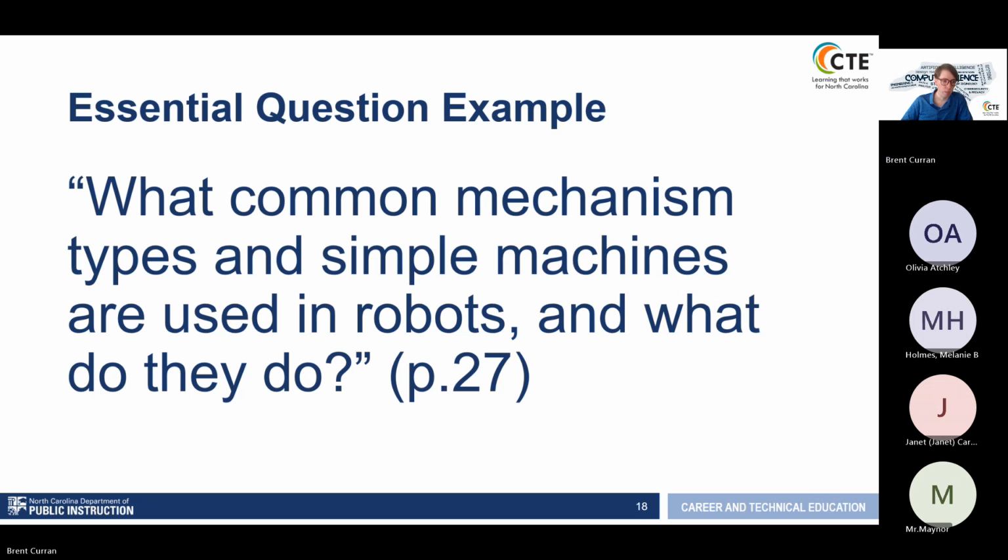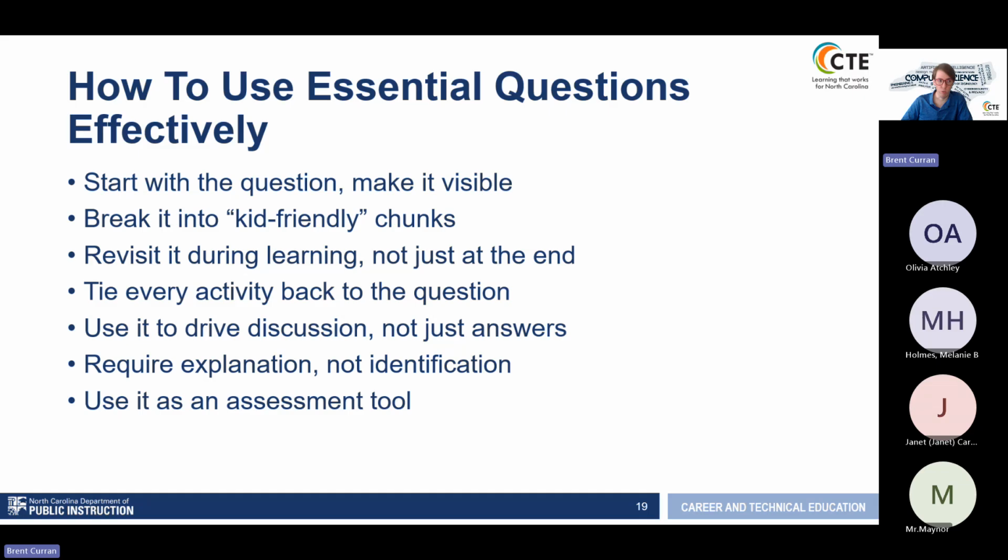So this essential question: what common mechanism types in simple machines are used in robots and what do they do? So how do we effectively use essential questions? Start with the question, make it visible, post it as you're teaching, reference it, have students restate the question in their own words, break it into kid-friendly chunks. So with the previous question, we would need to unpack terms like mechanism, simple machine, and function